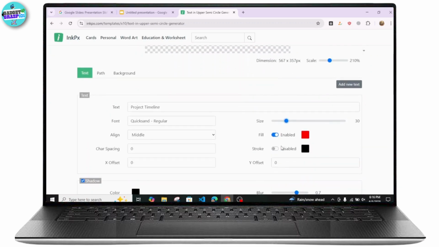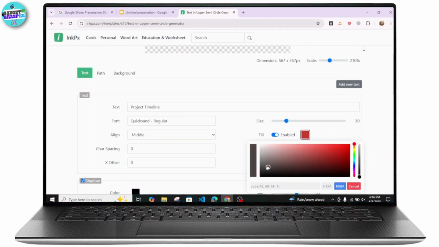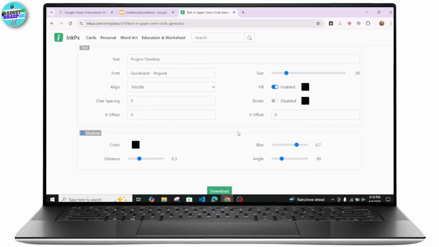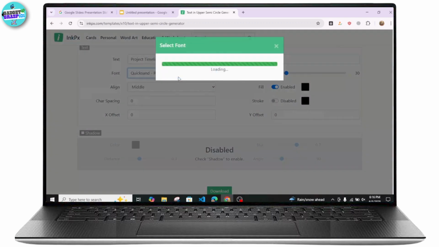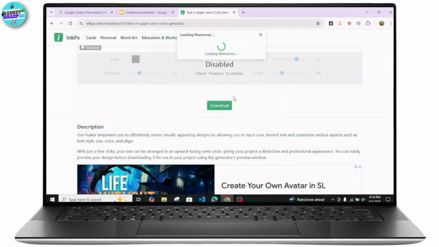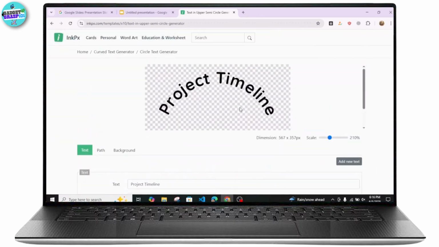You can also use a different color. So I will want to select black completely, and you can also try to remove your shadows if you don't want, and you can always change your font because it has got loads of fonts for you to choose. So I'll simply select any random font from over here, and once you're satisfied with everything, you can simply tap